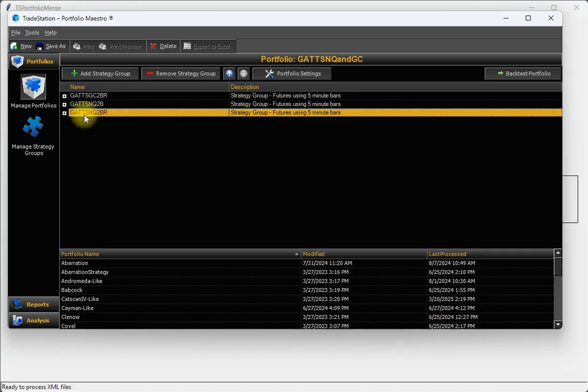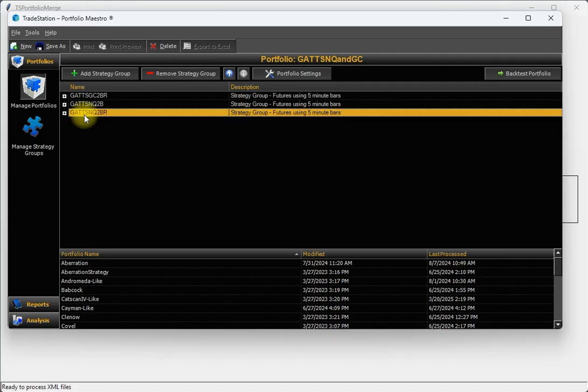So for my client, he wanted to say, well, I've got these and I want to add some more markets, but I want to see what the overall drawdown would be if I traded these 3 systems together. And so he asked me to do that for him. He's not familiar with Portfolio Maestro. Not many people are. So I said, sure, I'll do it. So I went ahead and created the